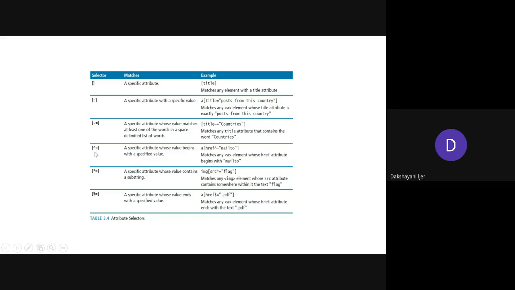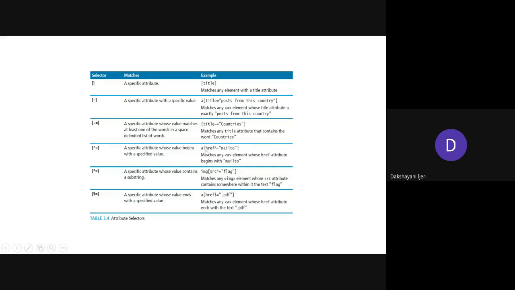So the next one is caret along with equal to. All of you know for what purpose the caret is used, if you remember properly about the class specifier, right? It indicates the beginning. That means you want to match the attribute value only at the beginning, right? Suppose you have an entire sentence, and you want to restrict matching to the first word, at that time you can go for using this symbol.